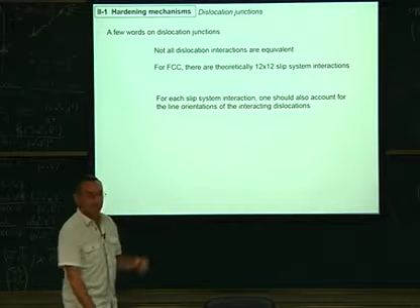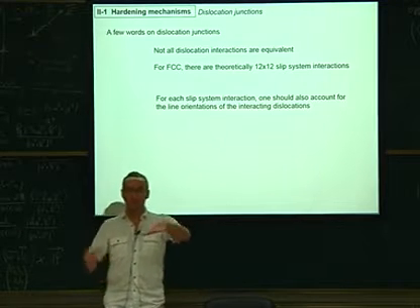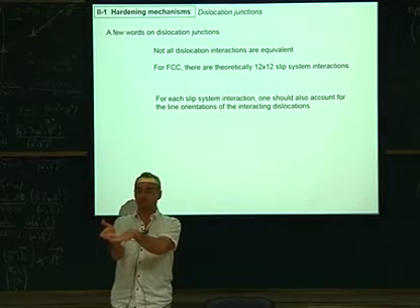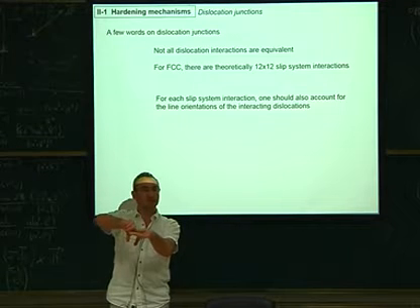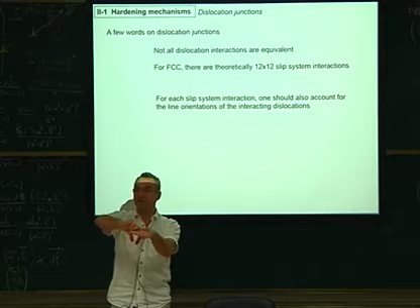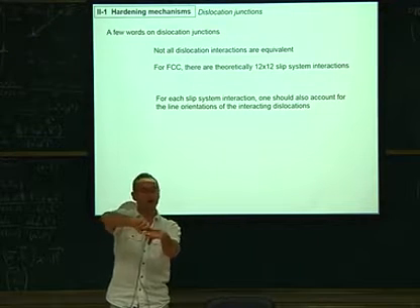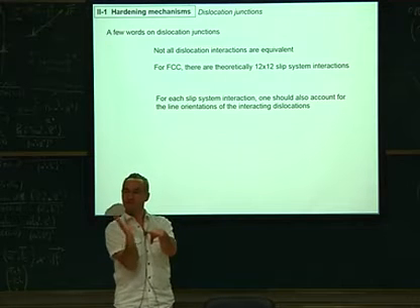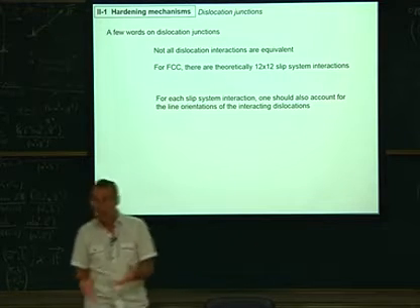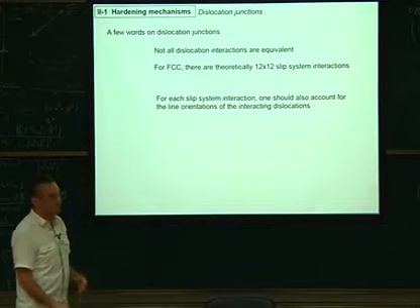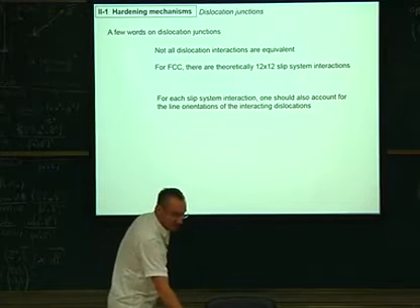And now for each slip system, it's even more complicated because now you put two slip systems together, okay? But now, how do I put my dislocation? I have thousands of possibilities for the line orientation of my dislocation. It could be edge or screw or any other mixed dislocation. And the same for the second plane. So it's a nightmare to investigate all those data. But we tried. A few years ago, we tried to investigate that using dislocation dynamics.